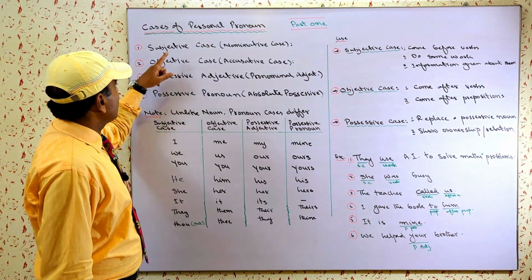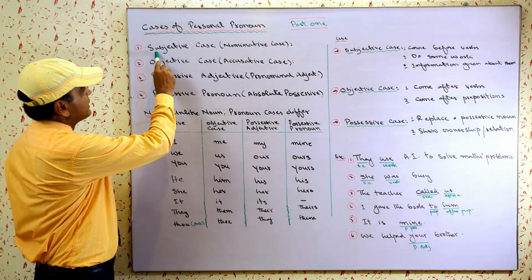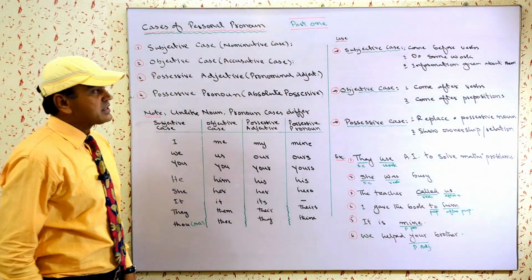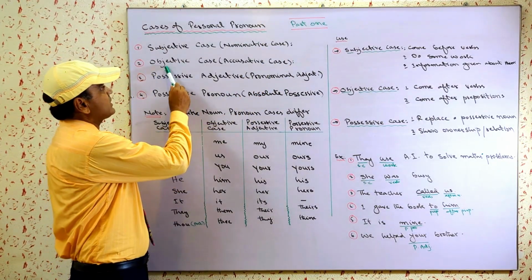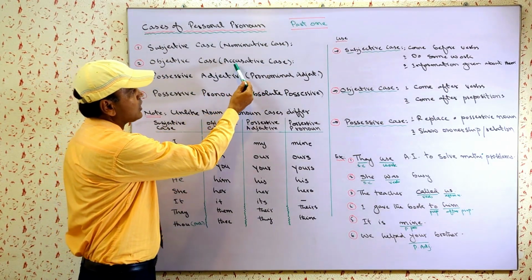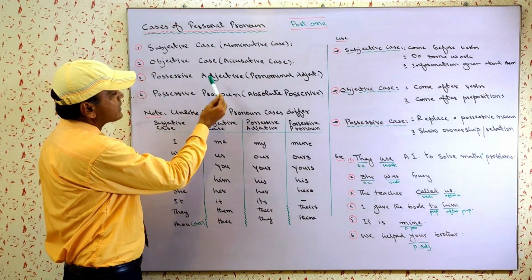So pronoun has four cases. One is subjective case. It is also called nominative case. Objective case, it is also called accusative case. Possessive adjective,